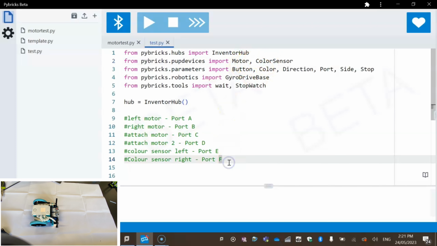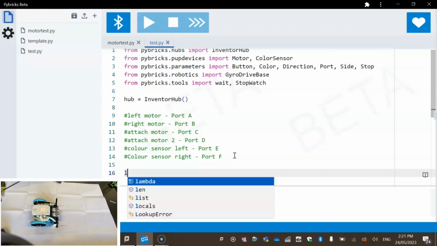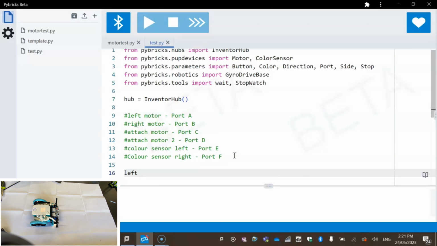So let's go through the first set. So the first set I need to know is what is actually going to drive the robot. And we said that we've got left motor. And whenever I call on something, I'm going to make sure that it's all one word, because I can't do spaces in Python. So I'm going to use an underscore. So I've got an underscore there. So left underscore motor